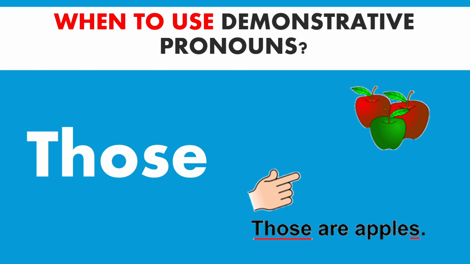Next, those. Those has the same meaning as that, but that is used for a singular noun. It's only used for one apple. However, those is used for plural. How many apples can you see? It's 3, so it's more than one. So those is used to point at something which is more than one but far away from the location that you are standing when you are pointing. So this is the distance. Can you see that? Let's try to look at some examples on how we can use these demonstrative pronouns.